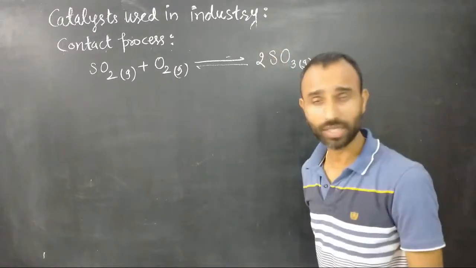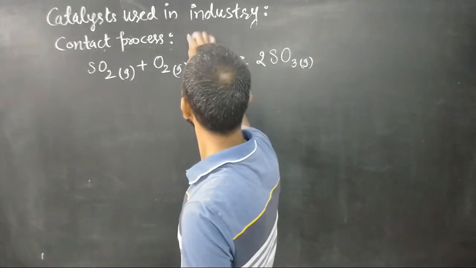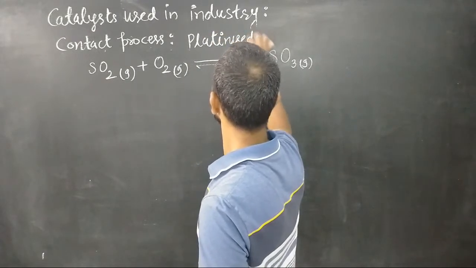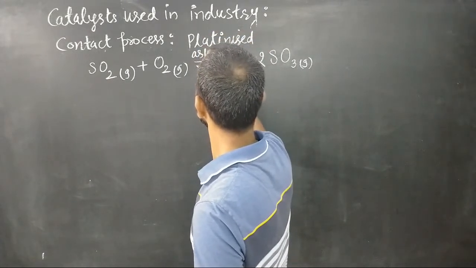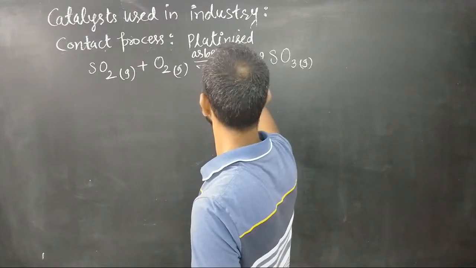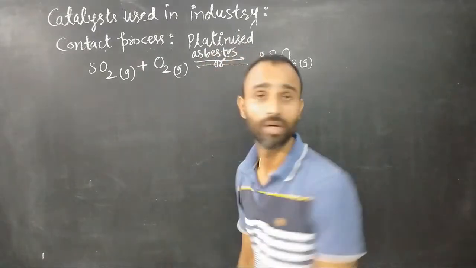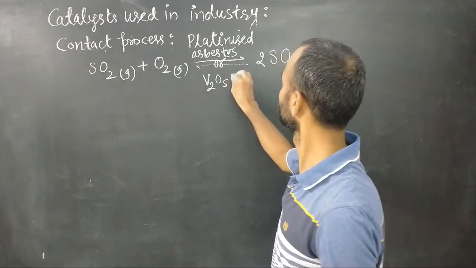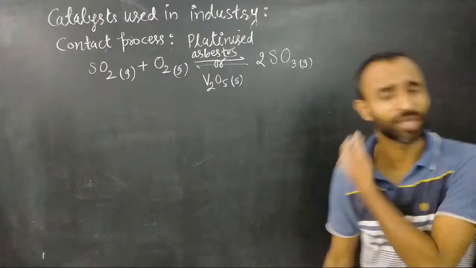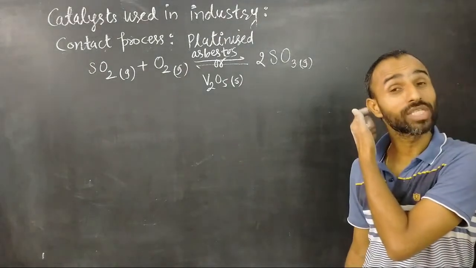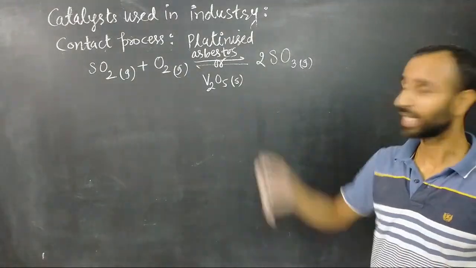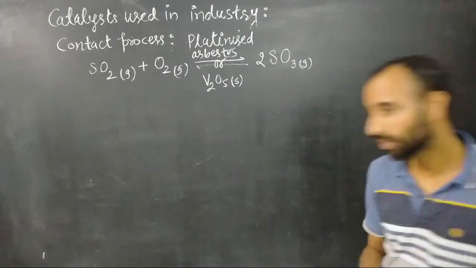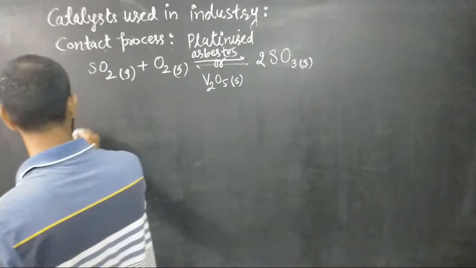So in this case even we can use platinized asbestos or we can use V2O5 solid. ये उसमें भी करवाया था मैंने आपको, heterogeneous catalysis. Same is used in heterogeneous catalysis. SO3 gas is formed and then SO3 gas,